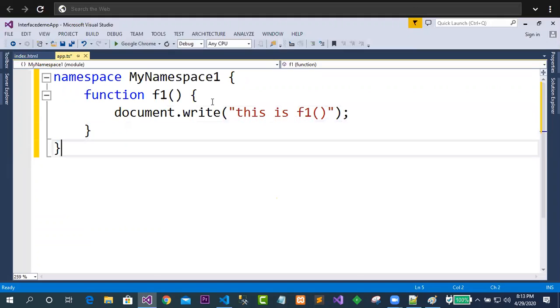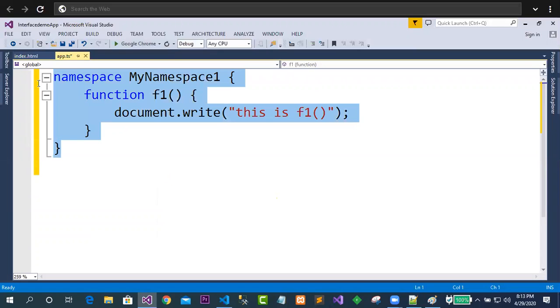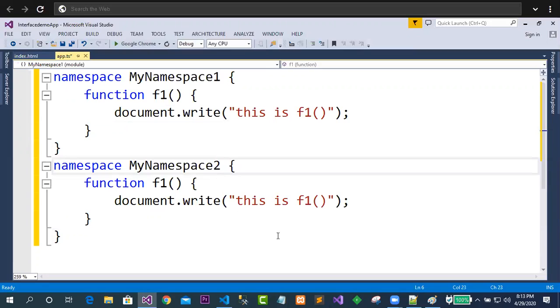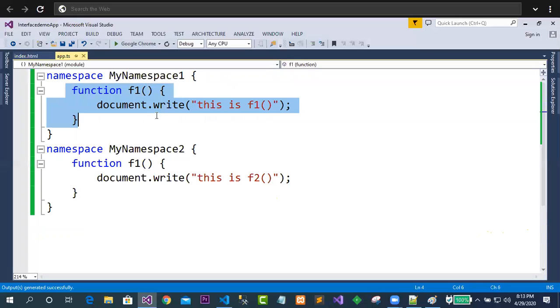Clear up to this? Now this is the thing that I have written. Again, I have taken another namespace. I am not going to write the code again, so let me copy this one and paste it here. In this case, this is 2 and this is 2. Now, can you please tell me how I can access this one? Can I access it or not? If it is possible, then how?